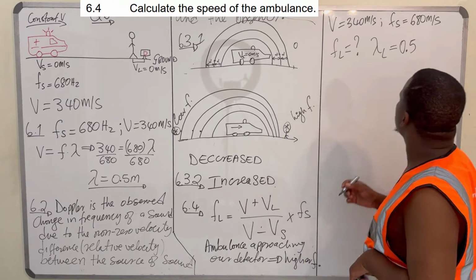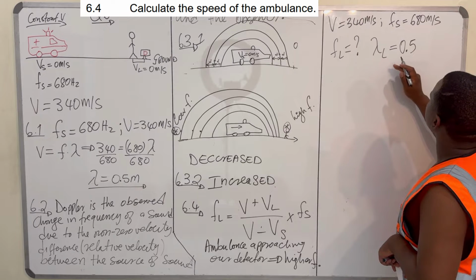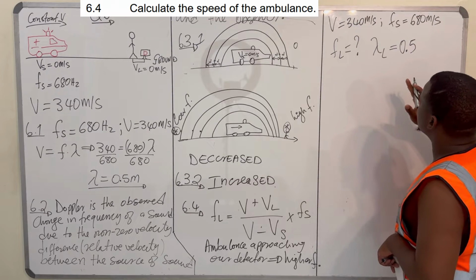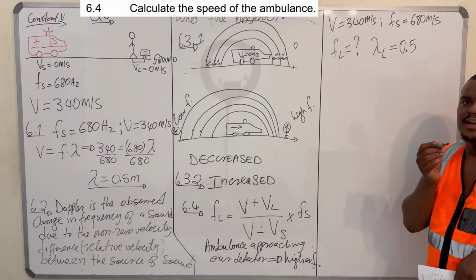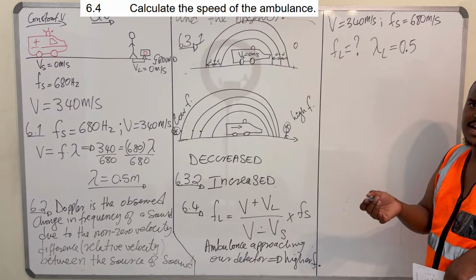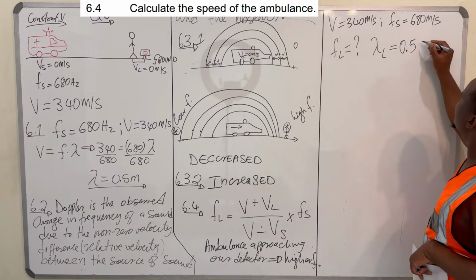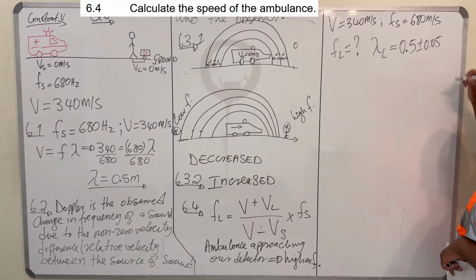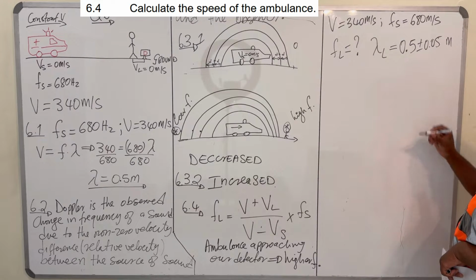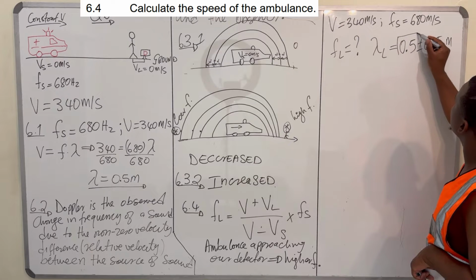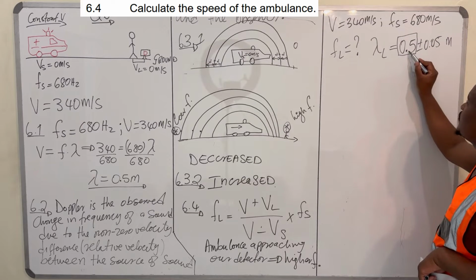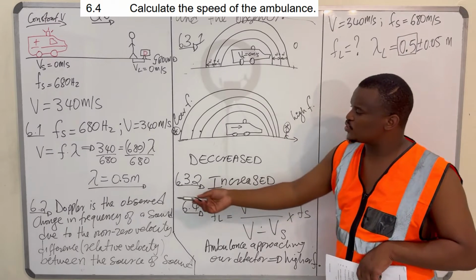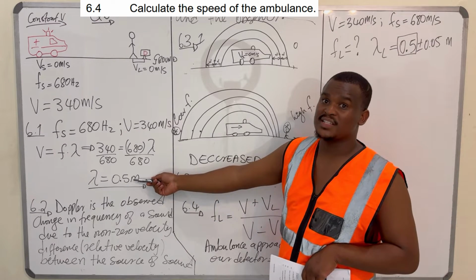And then the ambulance started approaching, right? And the wavelength changed by 0.05 meters. So this 0.5 meters is the wavelength that was observed when the ambulance was stationary,